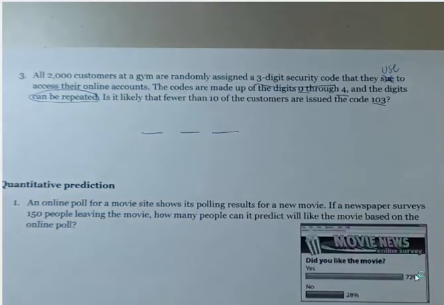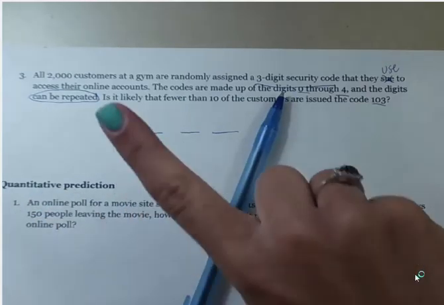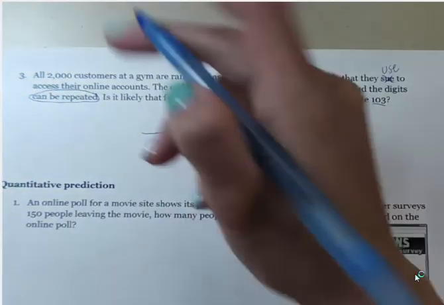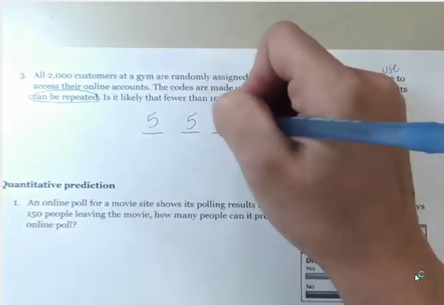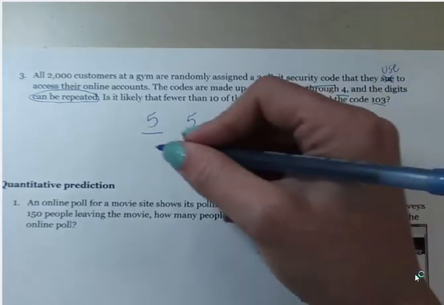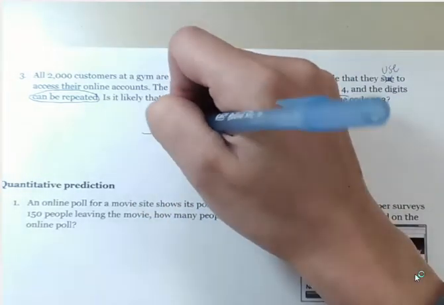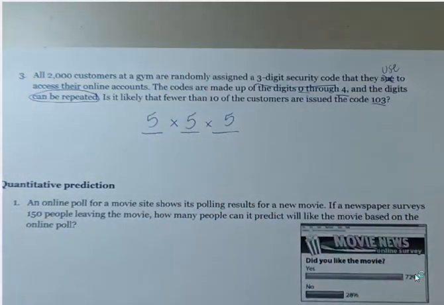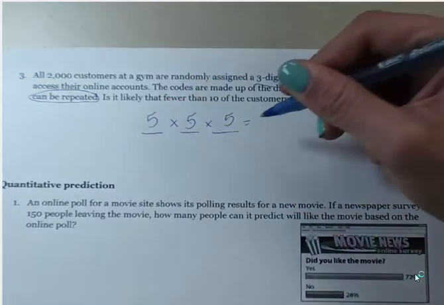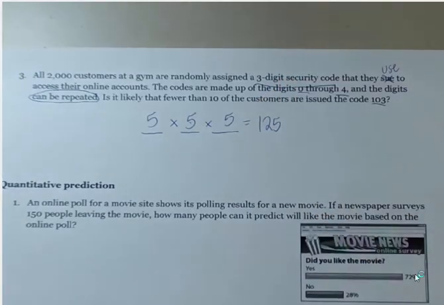Well, you could do 0, 1, 2, 3, 4. So you have 5 options here, 5 options here, 5 options here. This is just like making a tree diagram. The cheat way is just to multiply all your options together. 5 times 5 is 25, times another 5 is 125. All right, so there's 125 possibilities, and I want to know